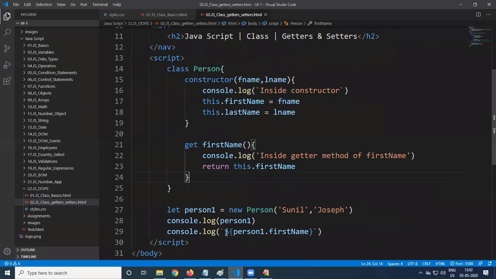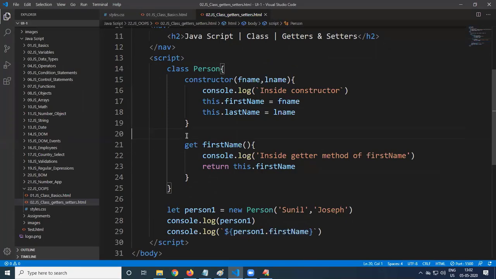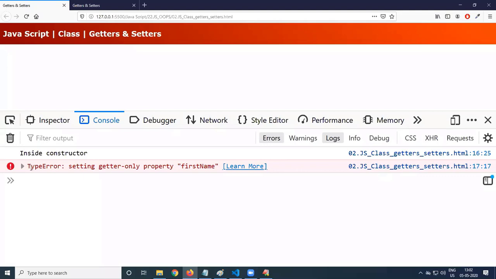We can access it. If you ask me why you are writing like that, can you write it directly? You are getting the property, but I want to do something. So if you want to do something, this getter method will get executed automatically. Now when you save this, the syntax you see is what the getter is. A getter method is a predefined sort of method. This method gets executed automatically whenever you are accessing that property, but it may not work directly. You see, there are some errors coming.